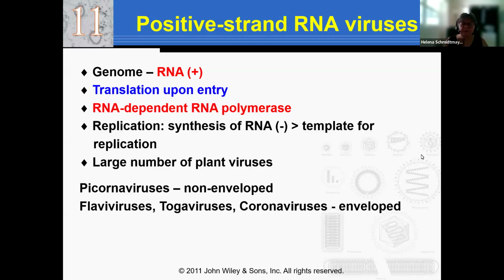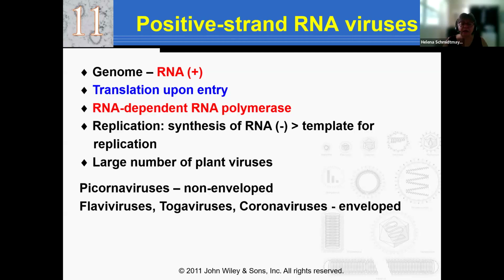This week, we will start with positive strand RNA viruses. The genome of these viruses is made of sense RNA plus, meaning with orientation 5' to 3'. So this RNA can serve not only as a genomic RNA, but also as mRNA. Therefore, whenever this infectious RNA is released into the target cell, it can dock on